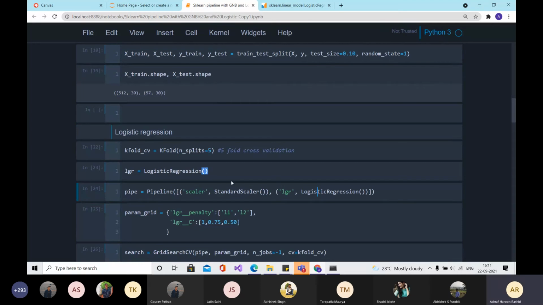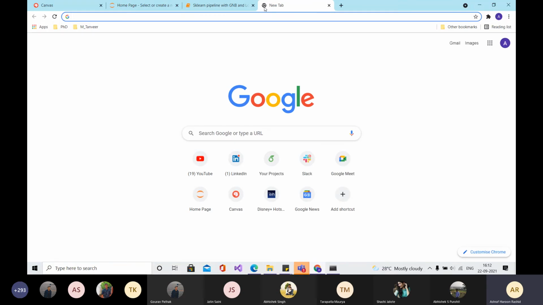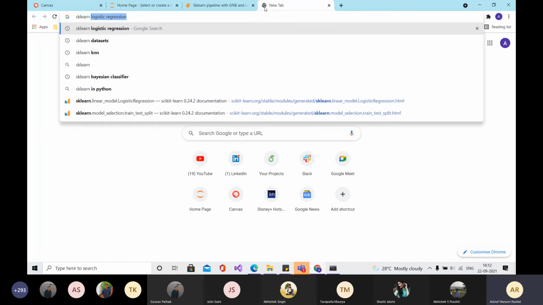So I would like you guys to just try out the naive bayes classifier. For looking into the parameters of the naive bayes classifier, you might just try and go to the sklearn documentation.